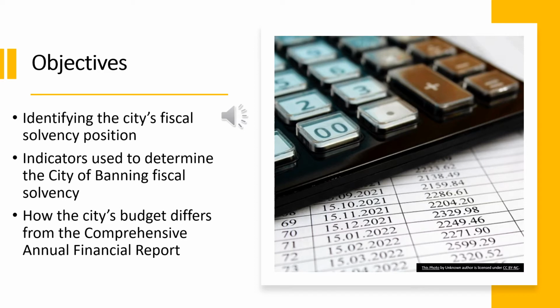Based on an analysis of the city's CAFR, I can say that the City of Banning is fiscally solvent. While the city's debt position with respect to its long-term liabilities is in fact quite high, other pointers show that the city is currently financially solvent. This position may change in the future depending on how the city handles its obligations towards those long-term liabilities that we discussed. In the following slides, I will elaborate further on how this conclusion was made.